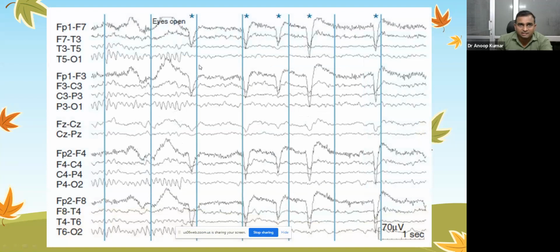So this is an EEG tracing which is clearly depicting the eye blink artifacts. We can see the eye blink artifact mainly in the frontal leads. This is FP1, F7, FP1, F3. Then we can see them on the left side, and there are right side blink artifacts. There are lots of artifacts. There is no periodicity. This is at the will of the patient.